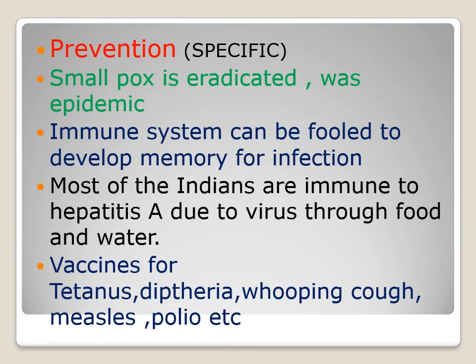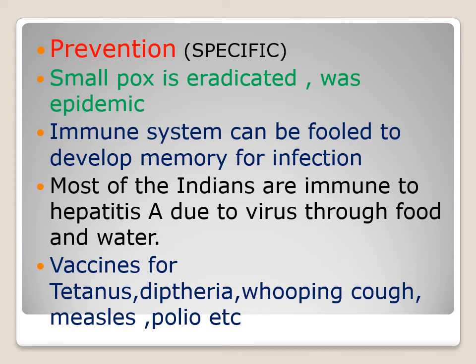Coming to specific prevention, all of us know that smallpox, a viral disease, was eradicated once upon a time. It was considered an important epidemic, and many people died of it. The immune system can be fooled to develop memory for infection. This is the principle by which infection can be prevented or treated, where the immune system develops memory